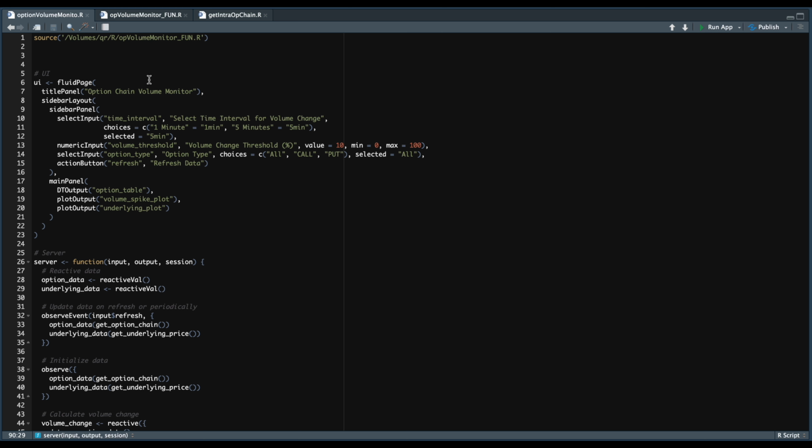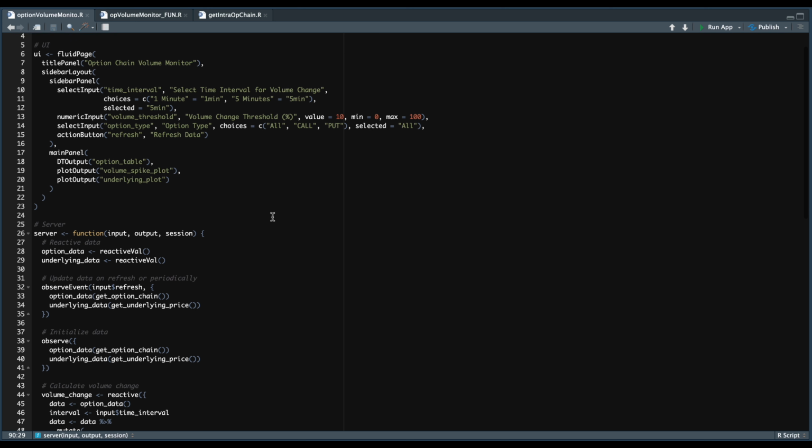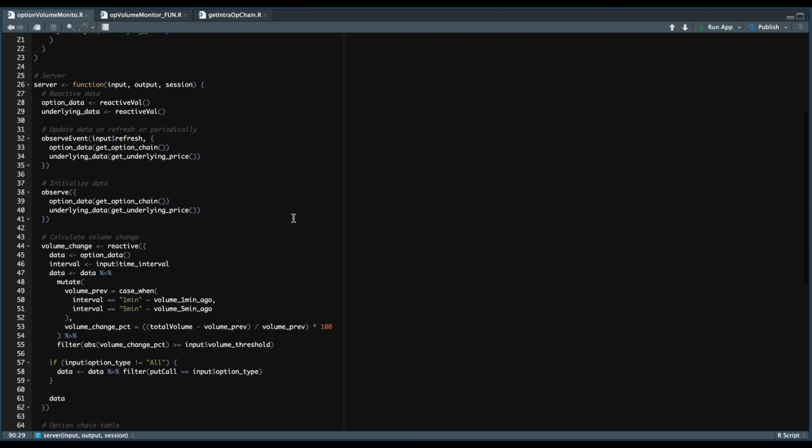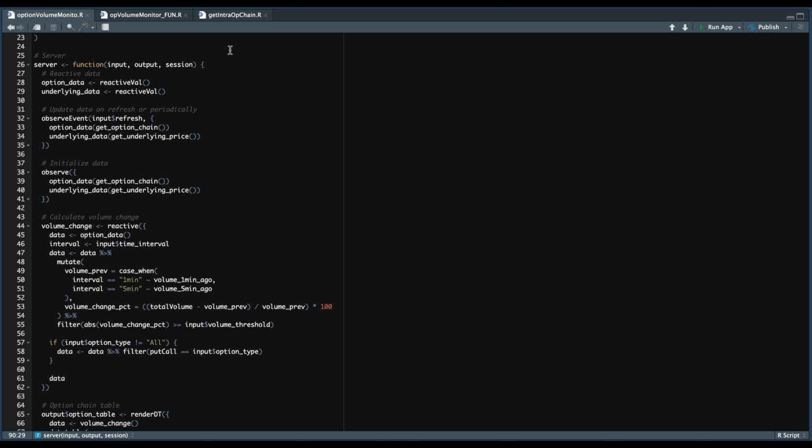And for our UI, well, as you saw, we have a couple of inputs where we select the time. So again, if you're going to use something other than 1 or 5 minutes, we just add that in here and select the default. We're going to add the volume threshold. So again, the default will be 10, and it'll be arranged between 0 and 100. The option type, we have all, call, or put, and it defaults to all. And lastly, we have our refresh button, as you saw from the app. So again, every time we hit that refresh button, it'll pull in and recalculate everything according to our functions here